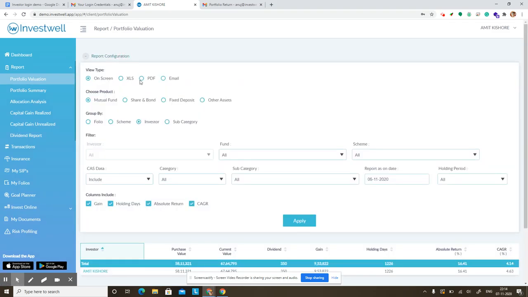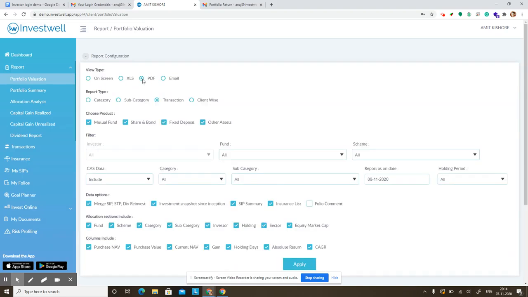Now the other way to see this report is as a PDF. When you click on PDF, it will show you a lot of options, but most probably your advisor would have configured a few of the options as default. So you can just click on PDF and then click on apply to download the report